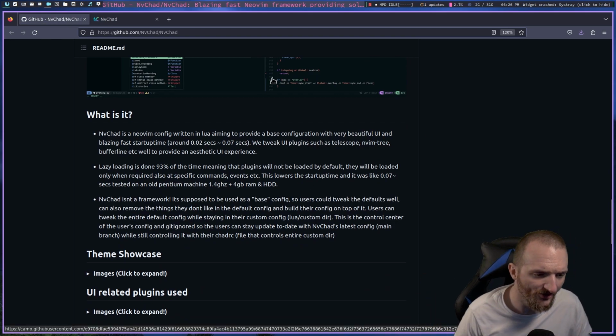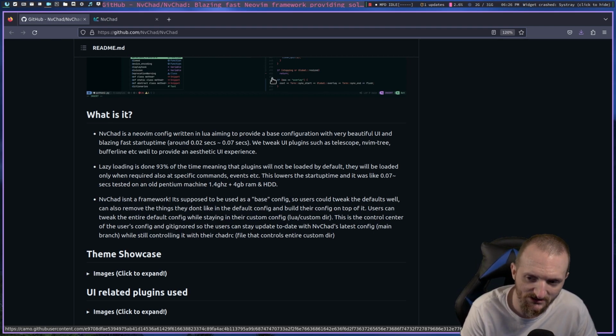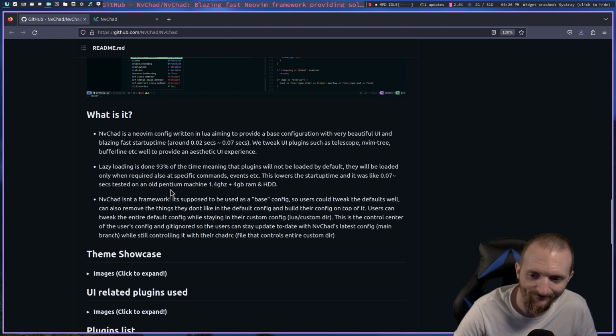So right here on their GitHub, they say, what is it? They say, NVChad is a NeoVim config written in Lua aiming to provide a base configuration with a very beautiful and blazing fast startup time. We tweak UI plugins such as Telescope, NvimTree, Bufferline, etc. well to provide an aesthetic UI experience. They also say right here that they lazy load